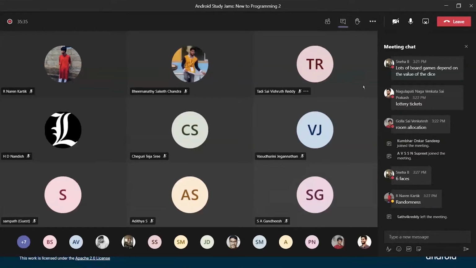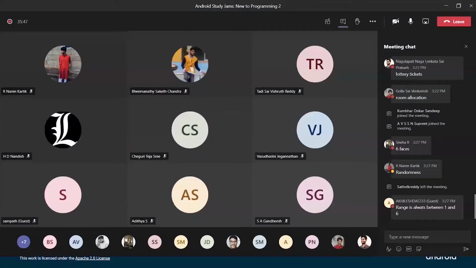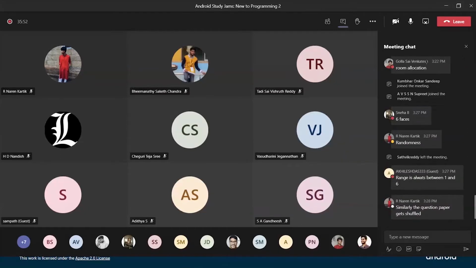Now, can you think of any other examples like this? No, not always. There are certain dice that have more than 6 faces. Yes. Okay, let me rephrase my question. When I talked about AUMS, I talked about AUMS having certain properties for each student.